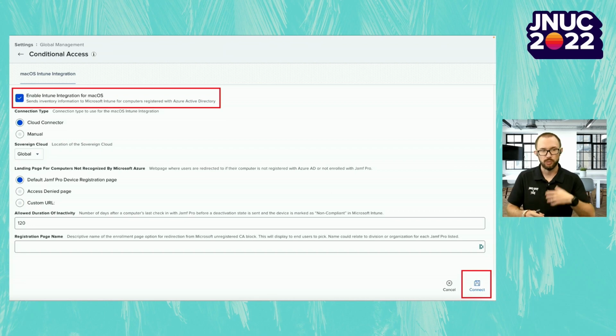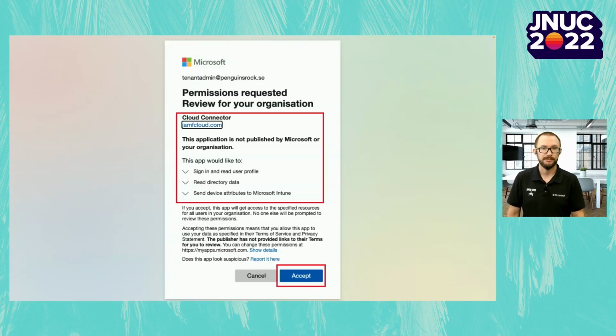So for most environments, once you have headed into the Conditional Access node, Cloud Connect will be the best choice, and just leave the rest at the default selection. For environments where you, as a Jamf admin, do not have permissions required in Azure AD to complete this task, but need an identity admin to do so, the manual options is well documented as well. And this page is the one, soon followed by a similar one, that might be challenging to accept for some of you and might require you to use a manual configuration.